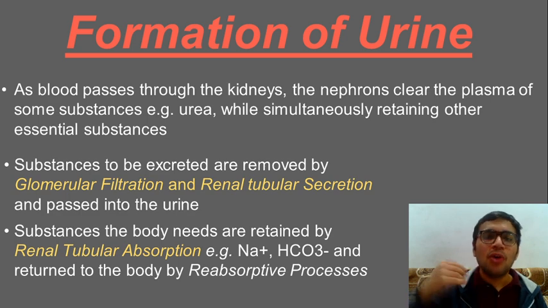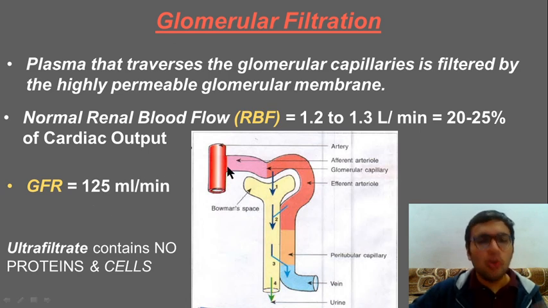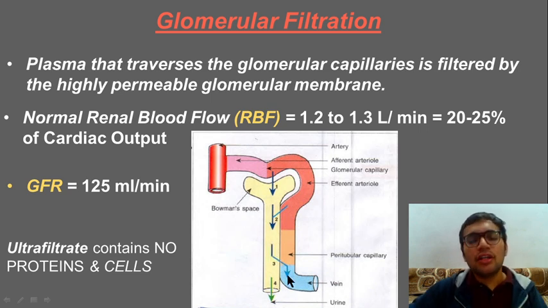Now you have to form urine. These are the three processes involved in urine formation. First of all, as I told you, blood is coming into the kidney, so it will filter off. This is the first process, glomerular filtration. Whatever substance needs to be excreted out can be excreted by tubular secretion. This is the second process. And the last process, when the body realizes that this should not be allowed to go out, it will reabsorb via this third process, reabsorption. All in all you get urine formation, which is labeled in step 4, and this will be 1 plus 2 minus 3. This is the basic thing which I want to tell you.